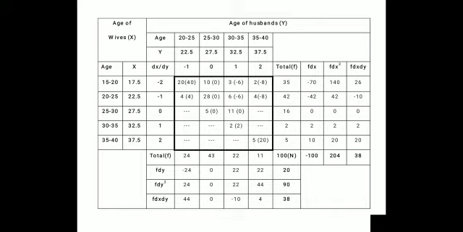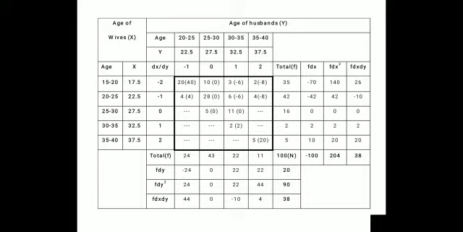You can do this calculation in an alternate way, that is f, that is 35, into dx, that is minus 2, into dx, that is again minus 2. 35 into minus 2 into minus 2 will also be 140. Or simply you can calculate this as minus 70 into minus 2. Okay, so that will be 140. So in the same way, we should total all the values of f dx square and we will obtain 204 here, that is sigma f dx square.